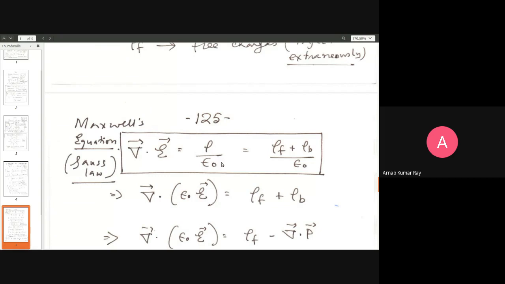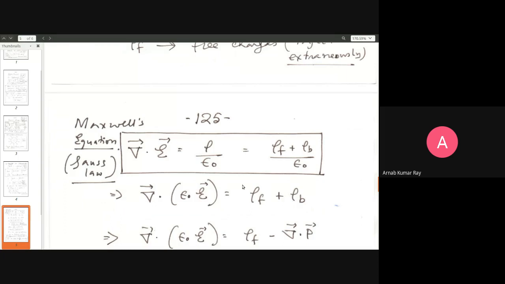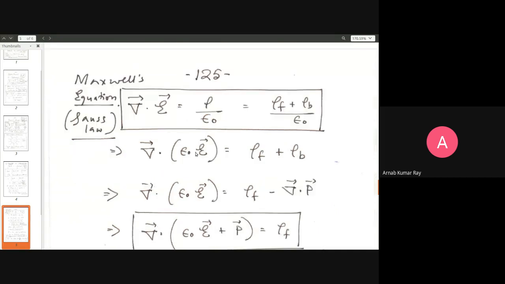Divergence of E is equal to rho by epsilon naught, and then this rho I'm decomposing into two quantities: rho free, the density of the free charges, and rho B, the density of the bound charges. So divergence of E is equal to rho free plus rho B, over epsilon naught. Epsilon naught is a universal constant, so I can take it to the left-hand side. Divergence of epsilon naught into E. Divergence is a differential operator, so constant quantities can go inside and out of an operator freely, no problem at all. So I put it inside.